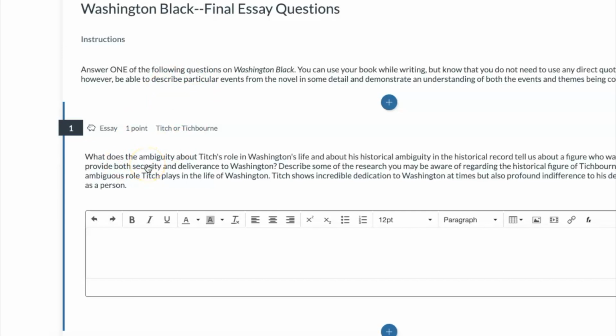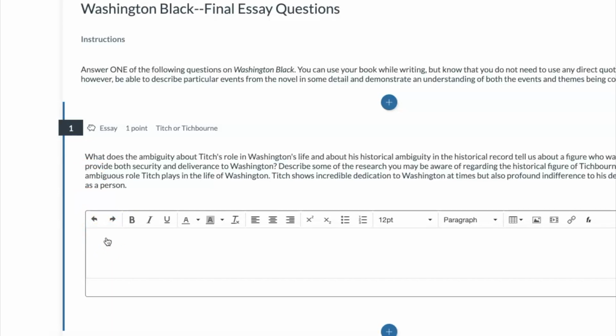I will grade it. I will do it personally. This will not be automatically graded the way other quizzes have been graded. I will be grading each of the essays. And what I want to see is that you show a knowledge of the events, but also of the themes in the novel, okay? You'll have the question here, and what you'll want to do is write your thesis at the very top of your essay, and that will answer this question that comes first, no matter which question you answer, okay? Write your thesis first.